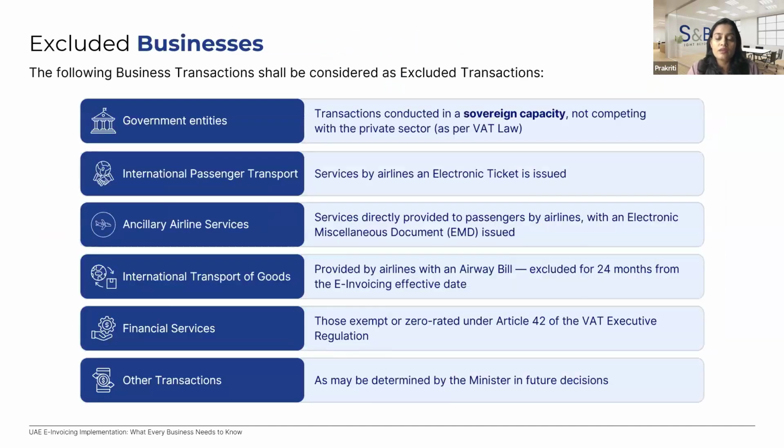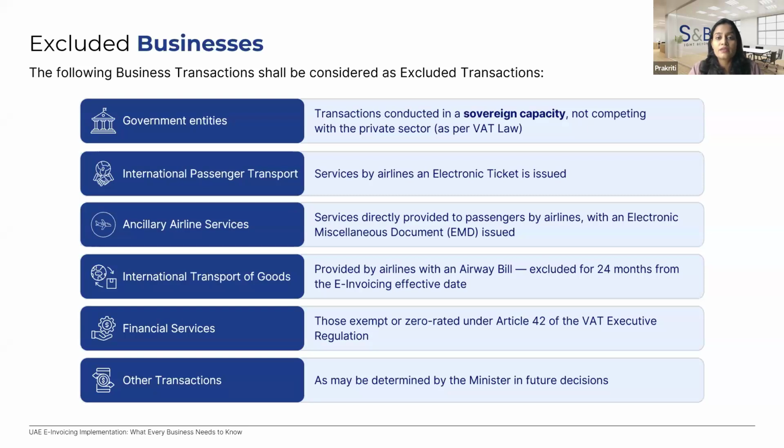And all the businesses, whether they are VAT registered or not, are required to comply with the e-invoicing mandate. A business may be out of scope or below the threshold for the VAT regulations, they are still required to come into the net of e-invoicing. There are only a select few businesses, also listed in the ministerial decision, that are excluded from the e-invoicing mandate. A list of this is here.